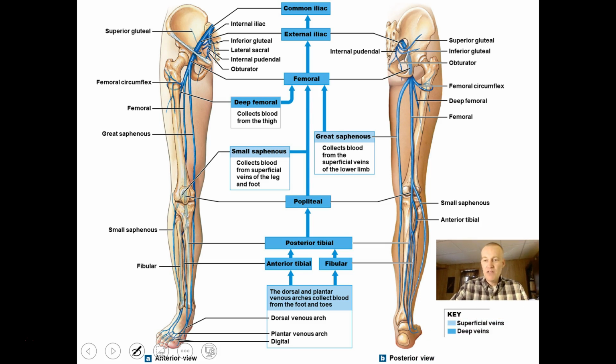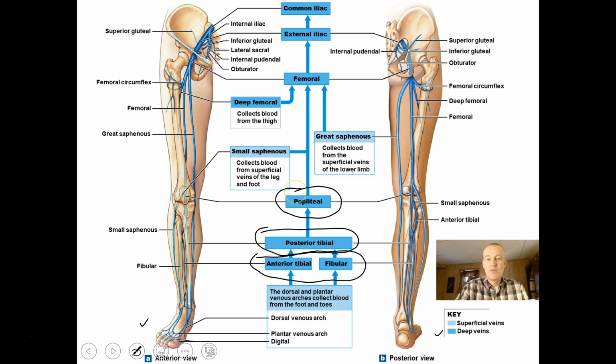Okay, well, the veins are going to essentially bring all the blood back to the heart, to the right side of the heart. So we have a reverse sequence. So, going from the bottoms of the feet, we have the tibial and fibular veins. They're going to flow into the posterior tibial, which will flow into the popliteal. Popliteal will basically bring blood in from the small saphenous, and eventually all these vessels are going to merge into the femoral, the deep femoral, the great saphenous, and the popliteal. All of these will become the femoral, which will become the external iliac, which will become the common iliac,